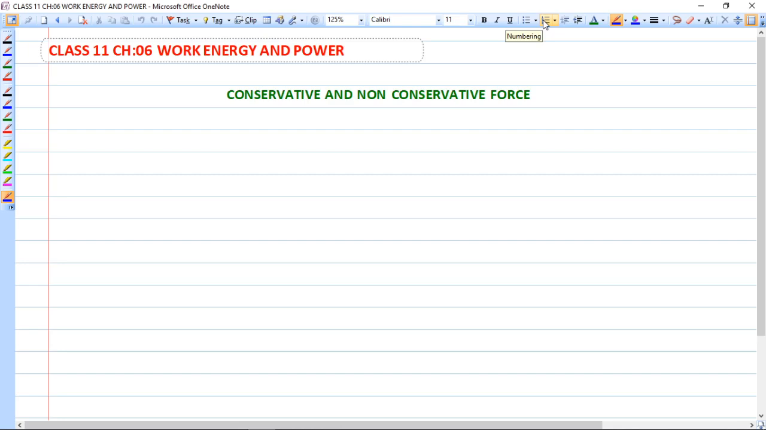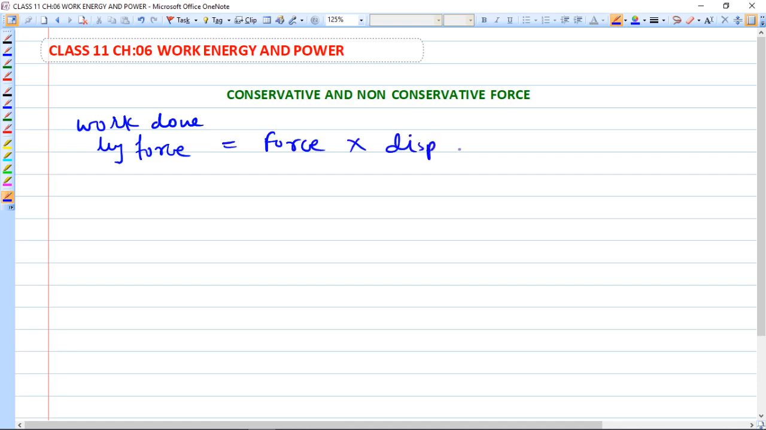पिछले सेशन में हमने वर्क डिस्कस किया था। मैं उसका फॉर्मूला लिख देता हूँ। Work done by force is equal to force multiplied by displacement in direction of force. ठीक है, यह फॉर्मूला आप अच्छी तरीके से याद कर लीजिए। अभी तो 11th चल रहा है, लेकिन 11th, 12th और आगे बहुत सारी जगह पर यह फॉर्मूला आपको काम आने वाला है। वर्क का सिंबल है